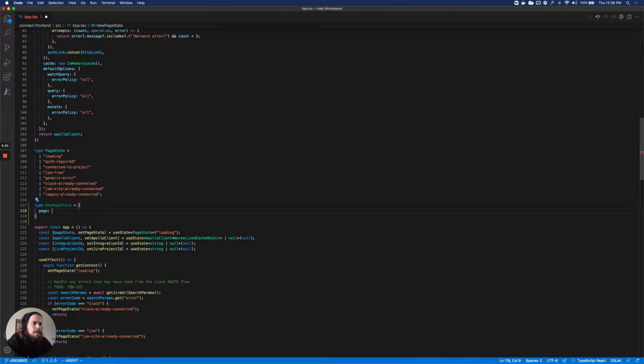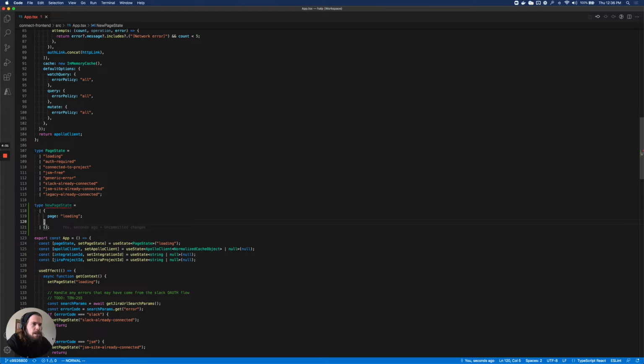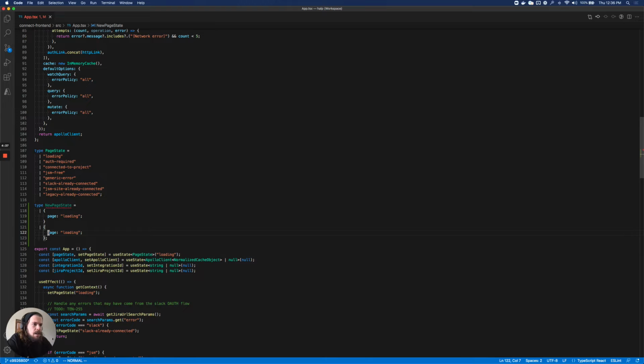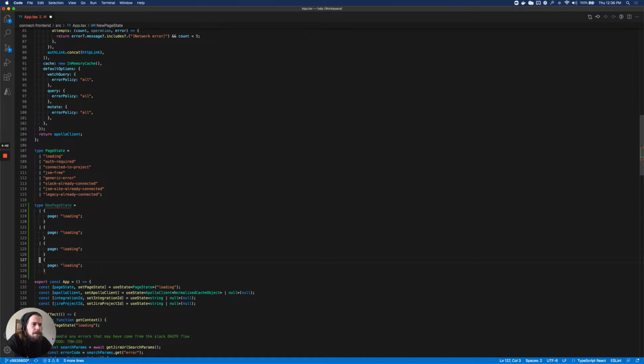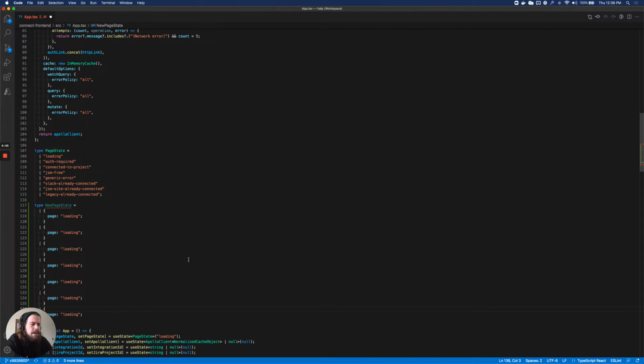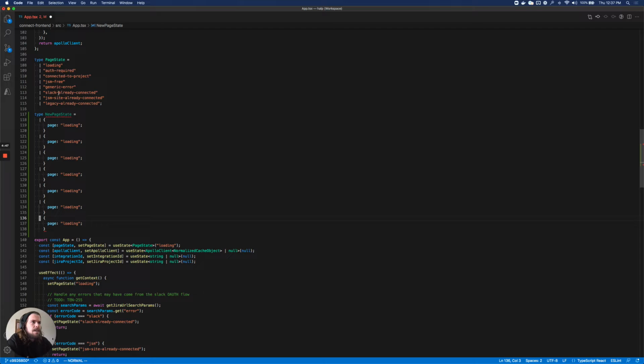So if I were to say the page is loading, and if it's in a loading state, it has no additional parameters, and then hopefully Prettier is going to reformat that for me, and it will. We can copy that into that. Okay, and so I'm going to make one of these simple types for all of our page states that don't require any additional state in order to render. So we've got loading, we've got auth required, we've got connected to project, which is the one that we're going to skip, we've got JSM free, we've got generic error,